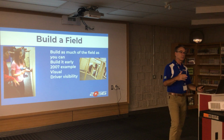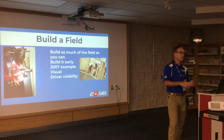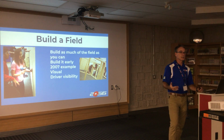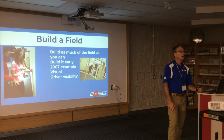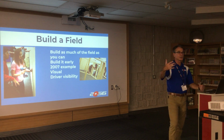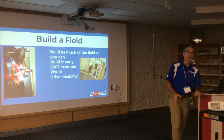We build a field. So the nice thing, I was talking about it earlier, we have a room in the school that we've set aside, and if you get a chance, go down and take a look, that we've set aside to build a field every year. If you don't have a room, build part of the field. Build stuff that will show you what this game is about. The drawings are all online. I know they're not very good,